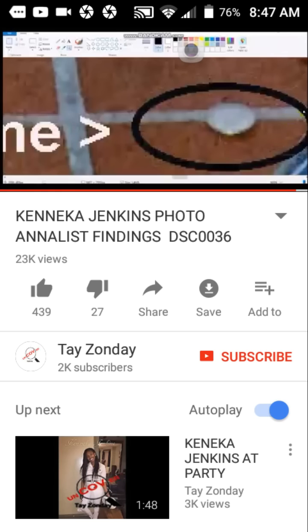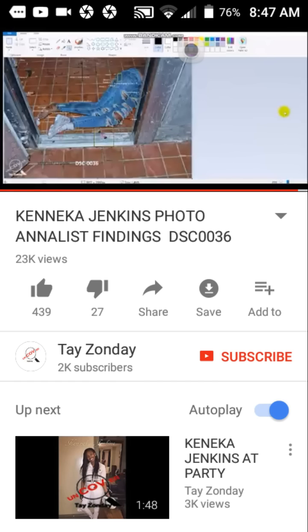And this is the dime that I've circled. These are my findings on this picture,